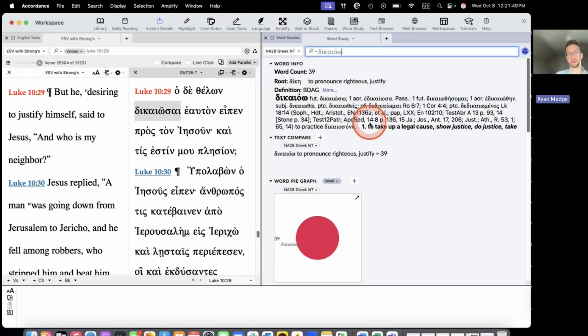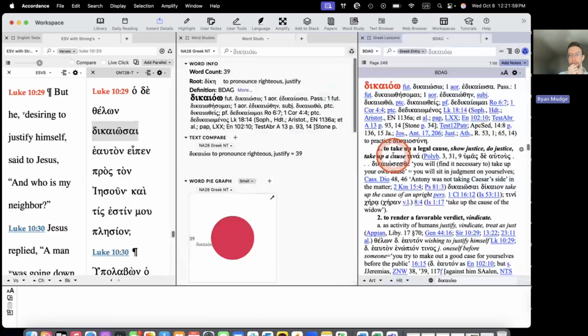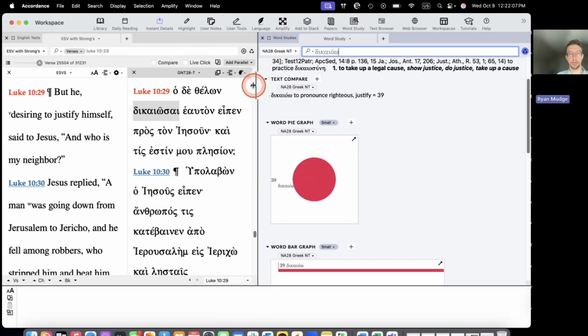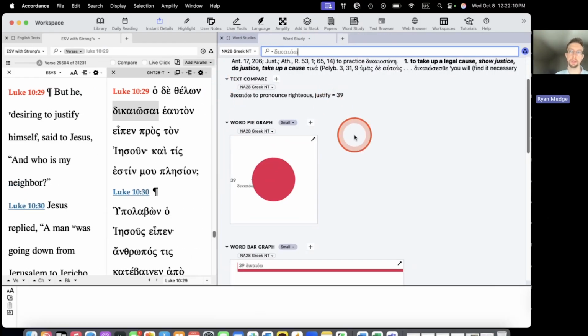And here I've got an excerpt from BDAG, so I can look up the word in my BDAG or whatever the default lexicon is for your Accordance. You click on more, and then you can open up and read the entire article there on that particular word. Then you can go down here to the text compare. I like this text compare because it allows you to see how a word is translated in various English Bibles. So let's say I click on the plus symbol right here,